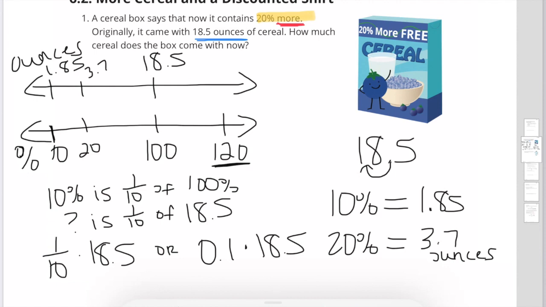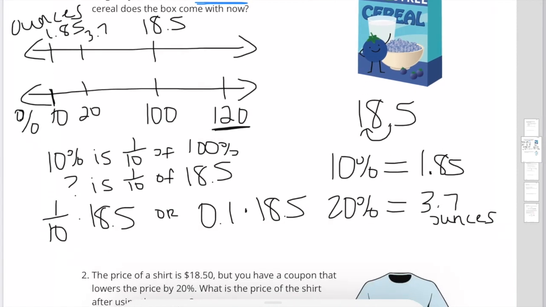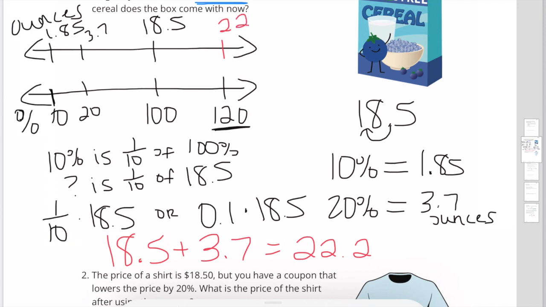We just add 18.5 plus 3.7, which gives us 22.2. So our cereal box now comes with